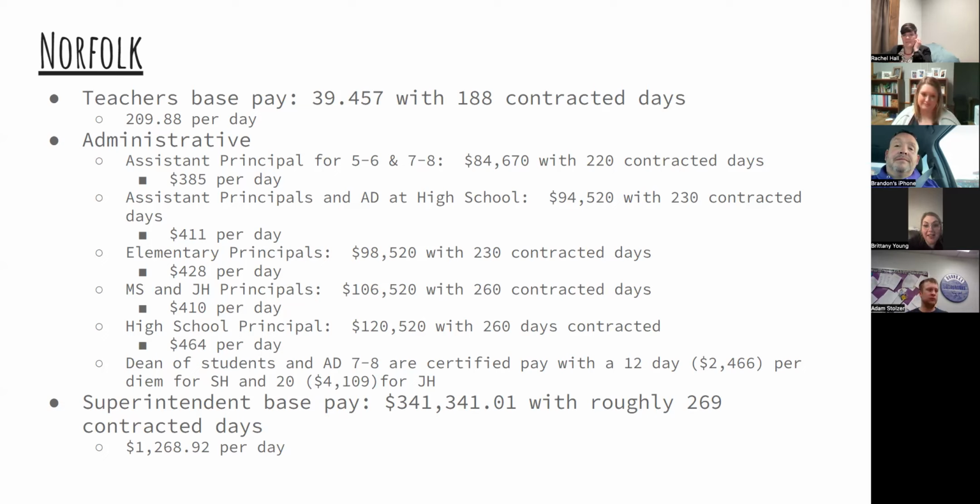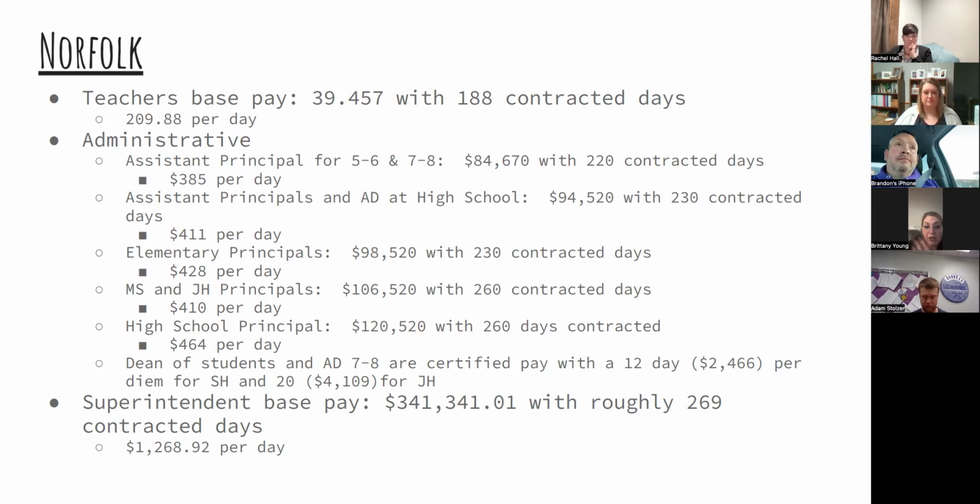So teachers base pay, which is wild to me because all of you guys. Starting out, they start at step 3. They get $39,457, and that's for 188 contracted days. And so they get $209.88 per day. So then administrative, which I found super wild: if you're an assistant principal for 5, 6, or 7, 8, you get